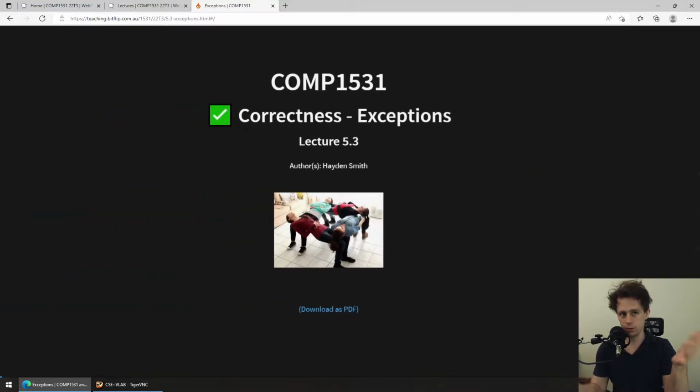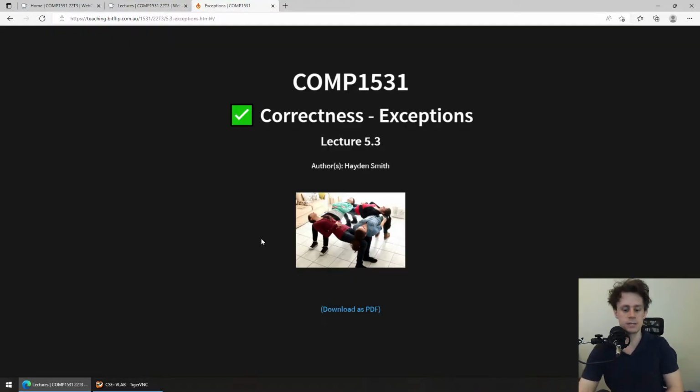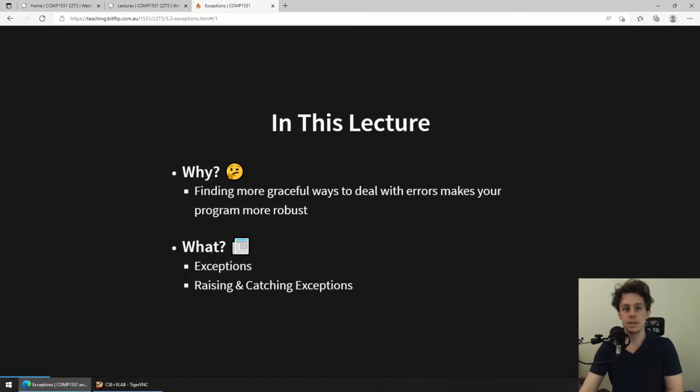This particular lecture called Exceptions, it's one of the last correctness lectures. You'll see that there's only 2 more correctness lectures, which is focused on how do we try and make sure that our code works. We've been through the correctness bubble for quite a while, but the main motivation of today is that we need more elegant and graceful ways to deal with errors